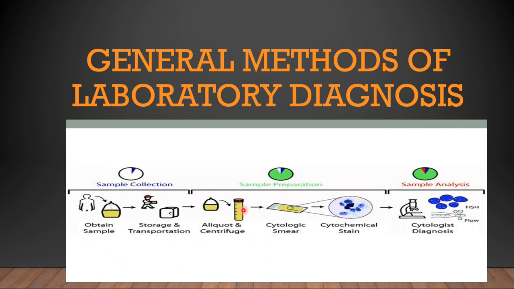So these are all the steps that we have done in part 1 and part 2. That means sample collection, transport and handling of the specimens, and the different types of specimens and the different methods of collection of specimens. Now this is the sample preparation and sample analysis, the steps that are going to be done in our laboratory. It may be a microbiology laboratory, or a biochemistry or pathology department.